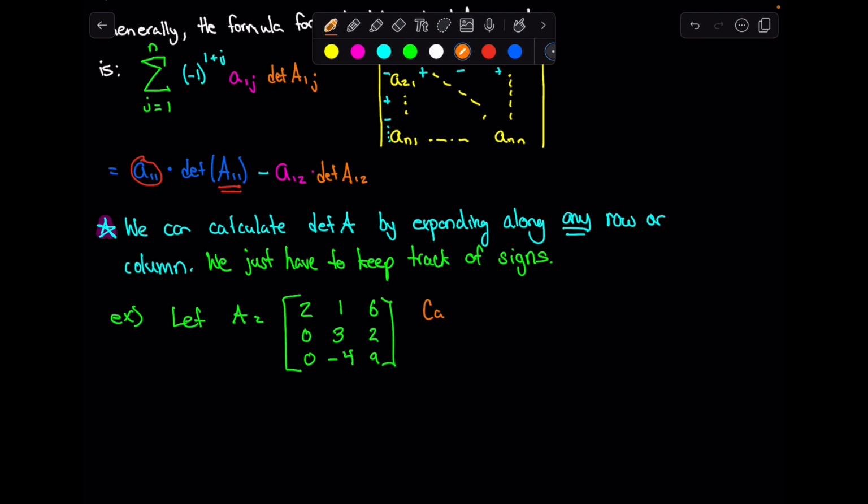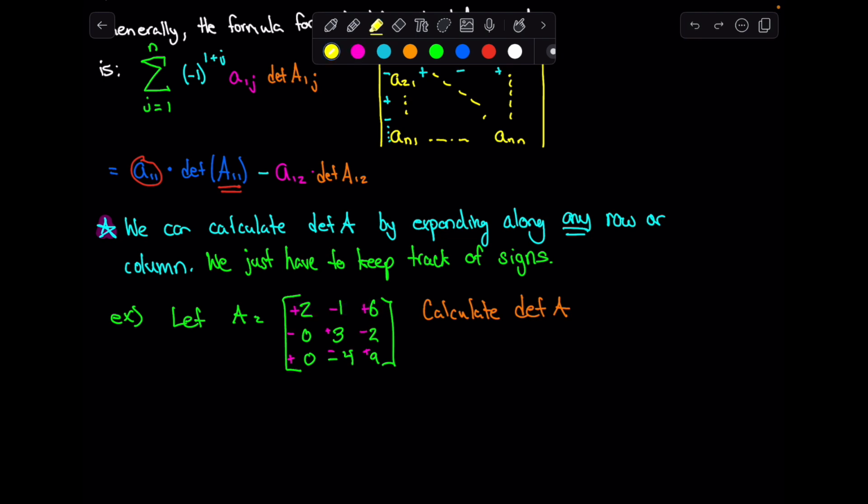if I'm asked to calculate the determinant of A, is put a plus, a minus, a plus, a minus, a plus, a minus, a plus, a minus, a plus, like so. Those don't affect the numbers in this matrix, but they do affect how I'm going to calculate my determinant. So if I choose to expand along this first row here,